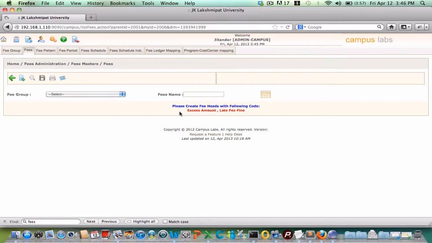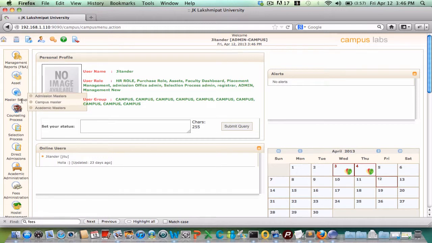This is coming because in campus configuration we have a place that fee and account mapping is required. Let's see where that is. Master setup.